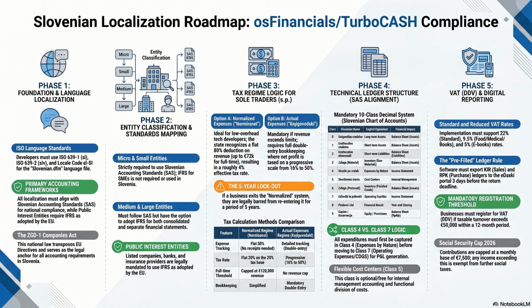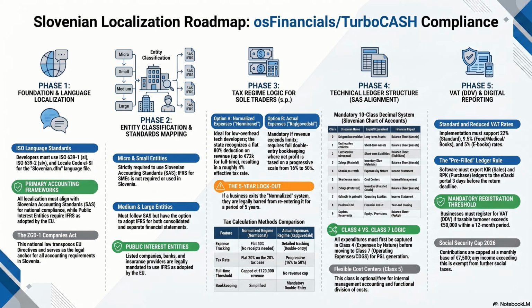So wait, 20% of 20%. Yeah. That means your effective tax rate is roughly just 4% of your total revenue. Exactly. 4%. If I am that freelance software developer working from my couch and I have basically zero overhead, I keep 96% of what I make. You do. So my question to you is, why on earth wouldn't every single sole trader choose the 4% effective